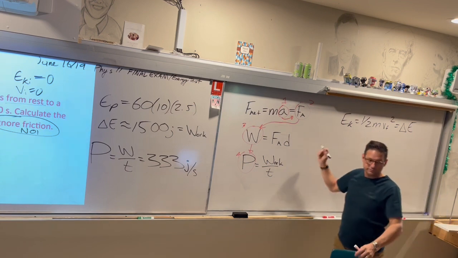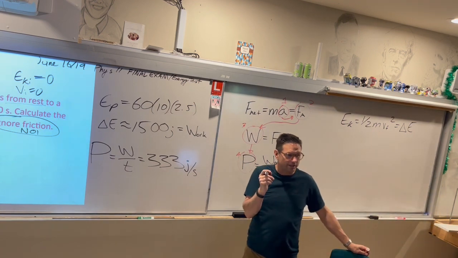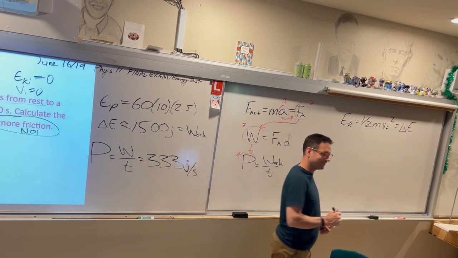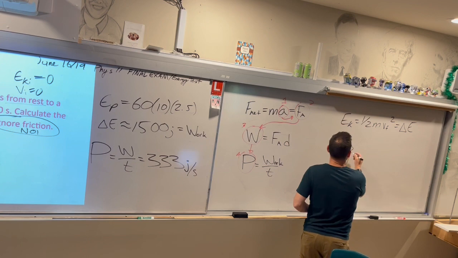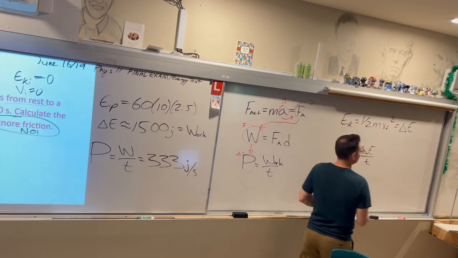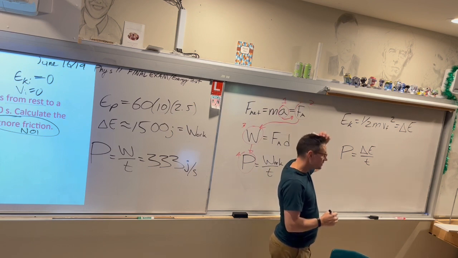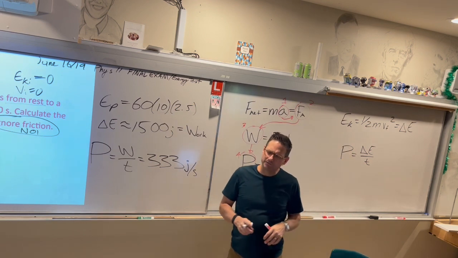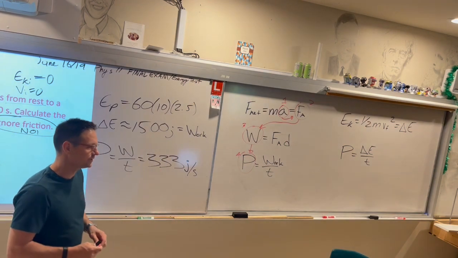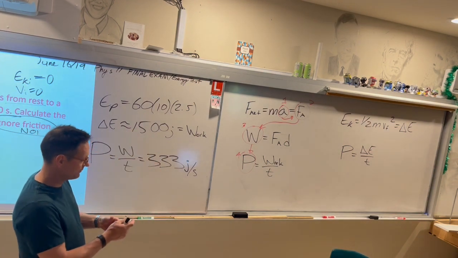Okay, good. So if we have our change in energy, what do we do then? We just put it in the formula. Power, we said, was delta E over T. So this way is a little quicker with energy. It's funny, energy often simplifies a problem. But you could do it both ways, definitely.